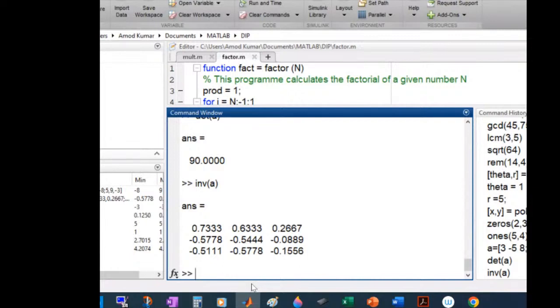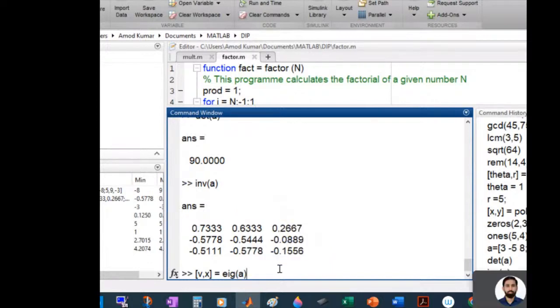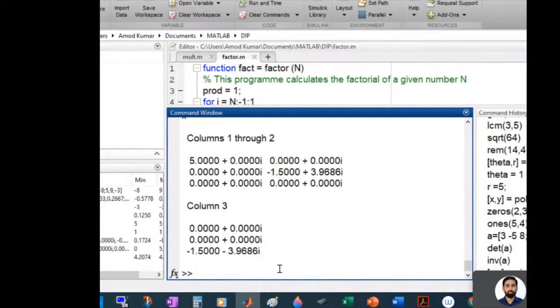Follow कर रहे हो? ठीक है ना? Eigen values और eigen vector find out करने हैं. So that means you have to find two things, one is, let us say, vector, और ये वेक्टर के लिए मान लो V, eigenvalues के लिए मैं D लिख रहा हूं, that is equal to eig, और आपकी मैट्रिक्स जो है वो small A थी ना. Suppose I write eig(A), [V, D] equal to eig(A). That means what? It will give you the eigen values and